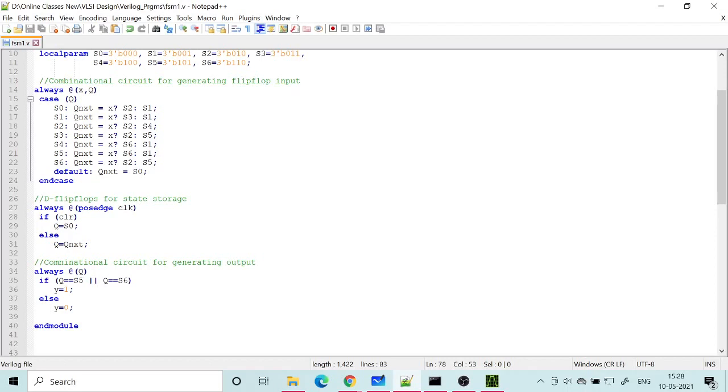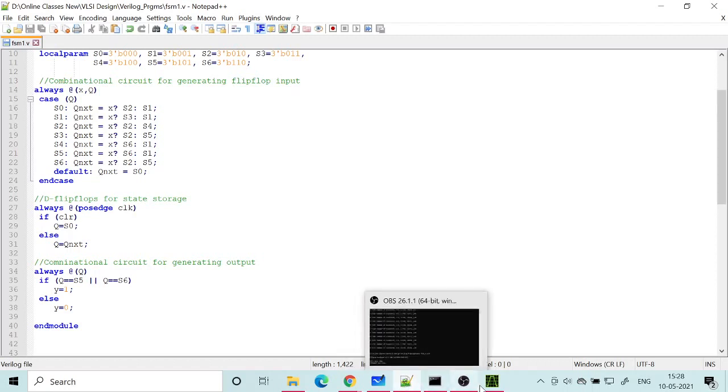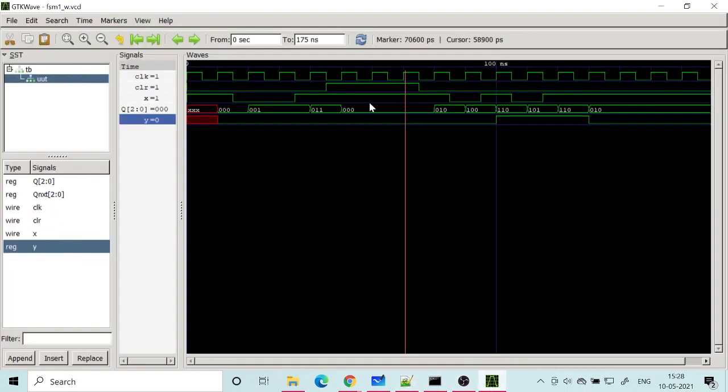Then inside you check whether your clear is 1 or 0, depending upon active high reset or active low reset. Right now we are taking active high reset. So if clear is 1, then we set Q equal to 0 during the clock edge. That's why even though our clear input is 1, it waits for the clock edge to come. Okay, here.